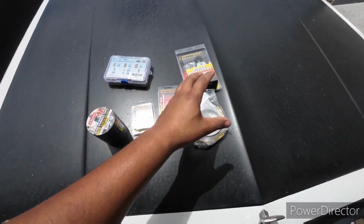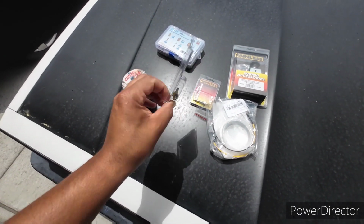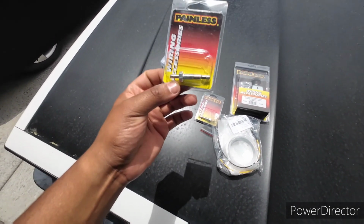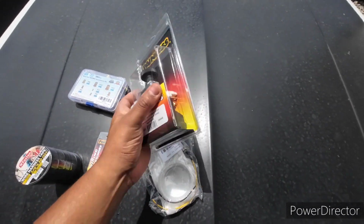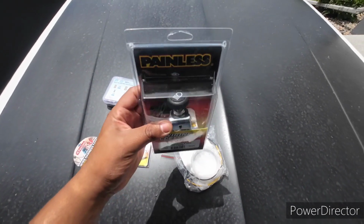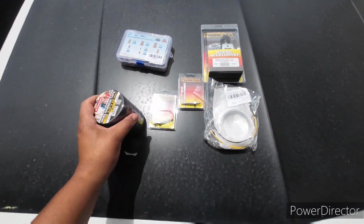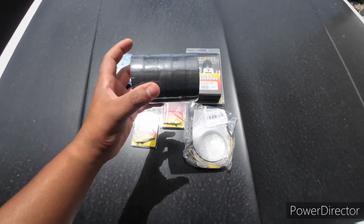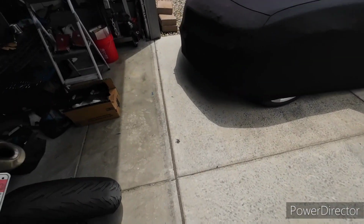Alright, so just check the mail. Got a few parts in. The door jamb switches. They look a little different from the ones that came off, but they're all Painless, so they should work together somehow. Also got the headlight switch, dome light, some of that fabric tape. Not sure how much I'm gonna be using of this because I did get the wire loom, so